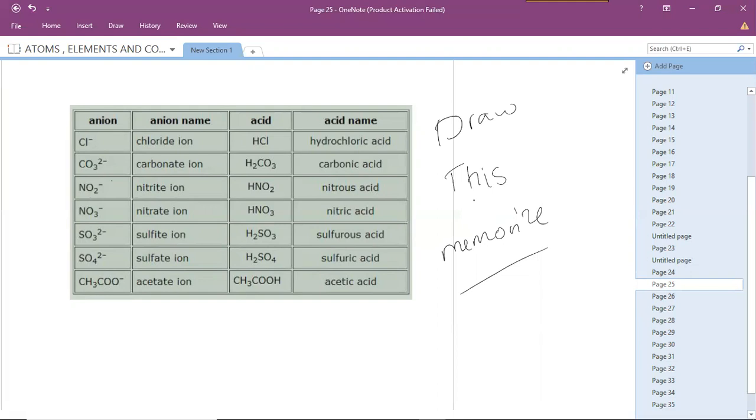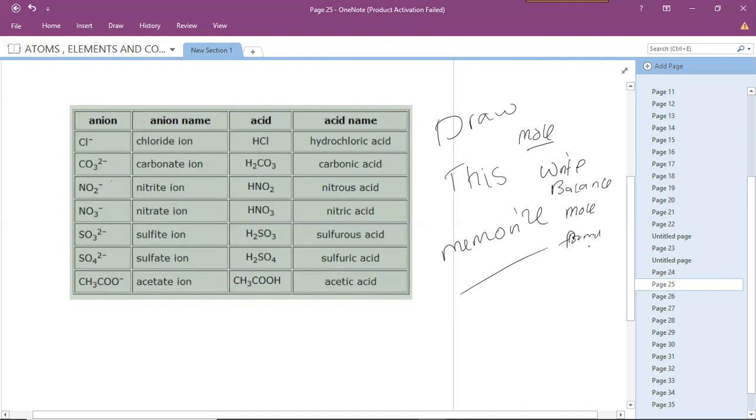You have to know how to calculate mole ratios, especially when we go to the more advanced concepts. You have to write the equation and balance it. After balancing the equation, you have to use mole ratios and formulas like Avogadro's number to do some calculations. So if you don't know how to write formulas, things are going to be very hard for you. So at least make sure you know all these acids, at least the common ones: hydrochloric acid, sulfuric acid, and this weak acid,